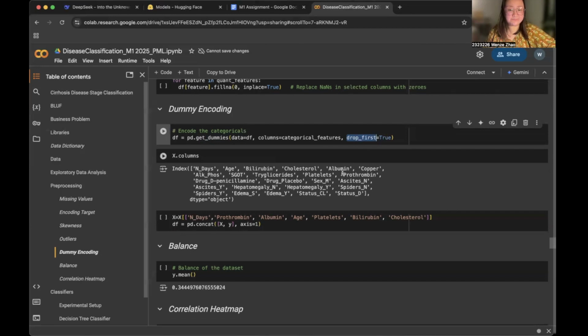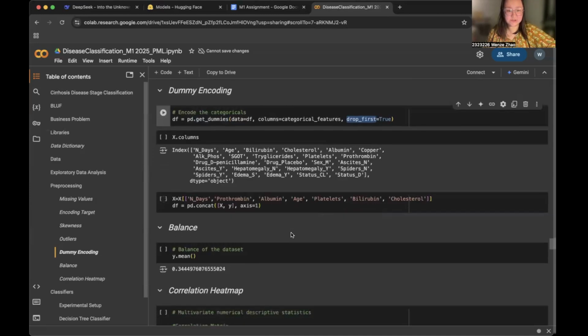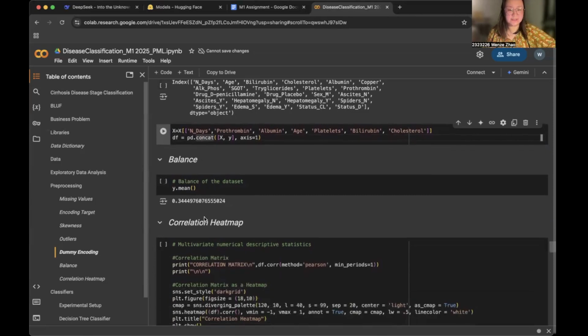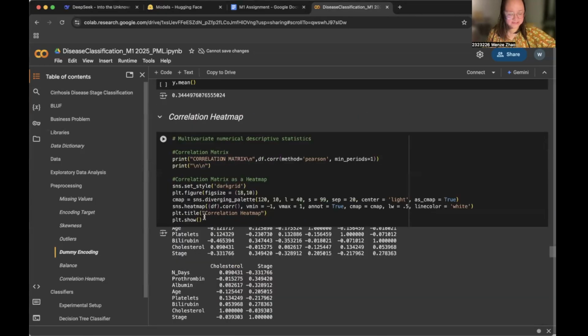We finally select the 7 key variables as predictor X. The target variable Y is whether the patient has cirrhosis disease. I concatenate X and Y using this function to create the final dataset at column level. At this stage, the mean value of Y is 0.3445. For correlation analysis, I calculate the correlation matrix for all numerical variables using the Pearson correlation method, and visualize the correlation matrix